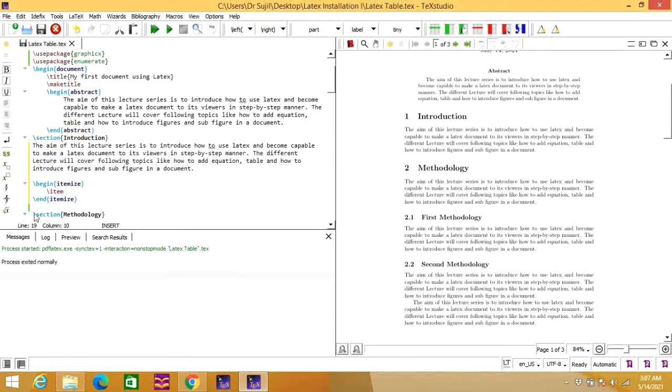It will automatically generate the command \end{itemize}. Then you can see here \item, where you need to write the contents which need to appear after your bullets. So let us write here first point.